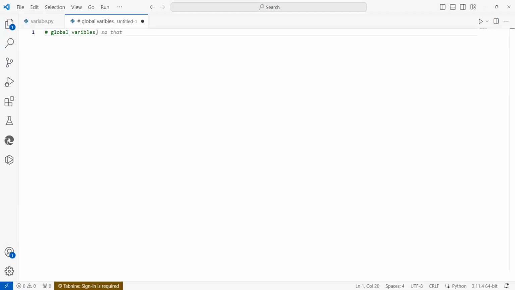If we declare a variable outside of the function, then it is called a global variable. Okay. Now, try to understand: if we declare a variable outside of the function, outside of the function, so